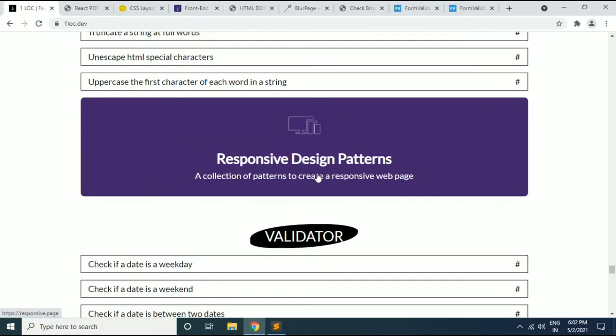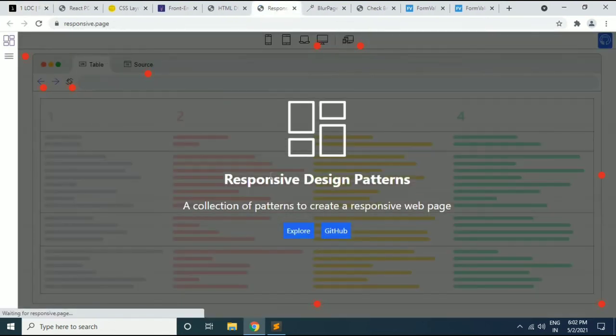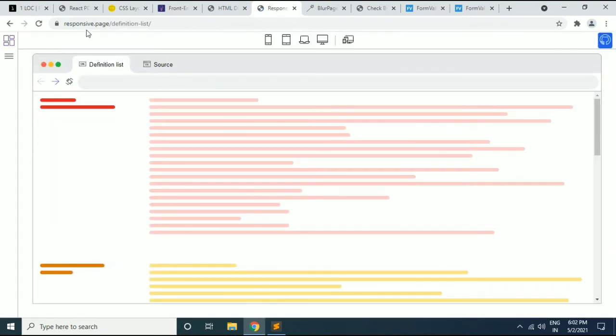Then the next plugin they have provided is responsive design patterns. It consists of a collection of patterns to create responsive web pages. Responsive web pages basically adjust themselves based on the sizes of different devices. You can use this responsive.page plugin to create responsive web pages.